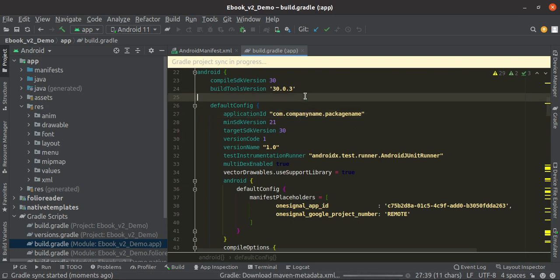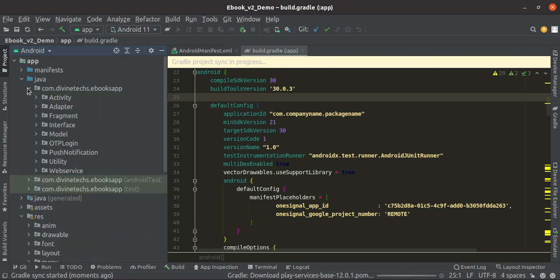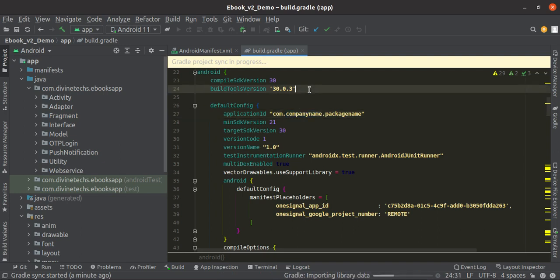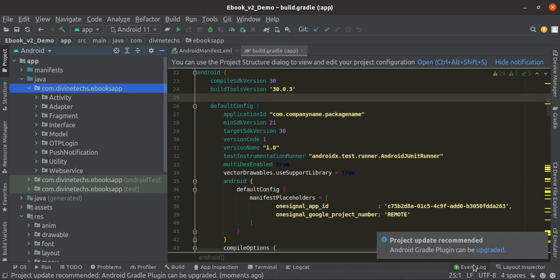After sync, you have to change it over here, in these directories. This is also our package name. In Android, our code is executed at the end of the package name. So as our package name changes, this directory name also changes.